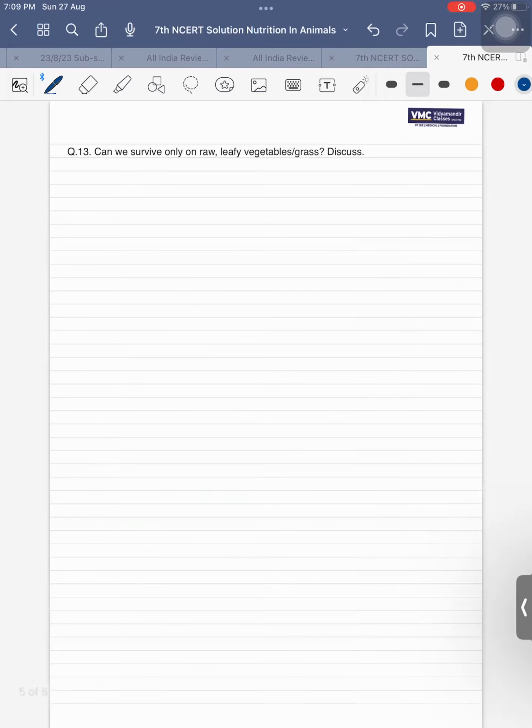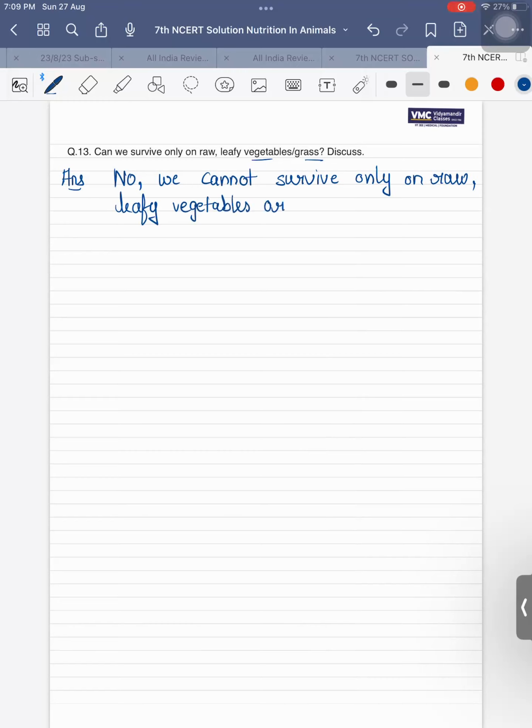Next one, can we survive only on raw vegetables or grasses? So the correct answer is no. We cannot survive only on raw leafy vegetables or grass. Why? We also have to discuss, because they mainly consist of